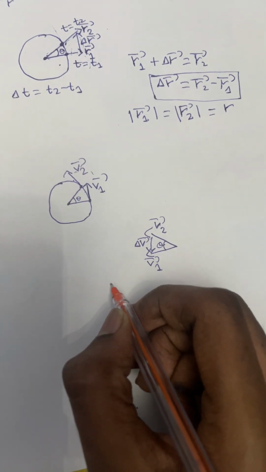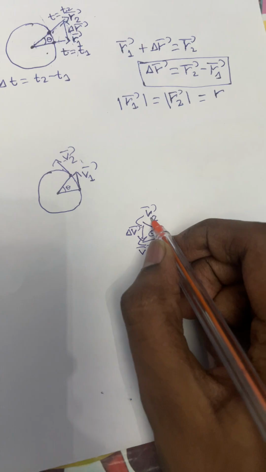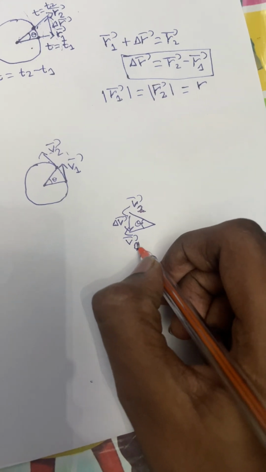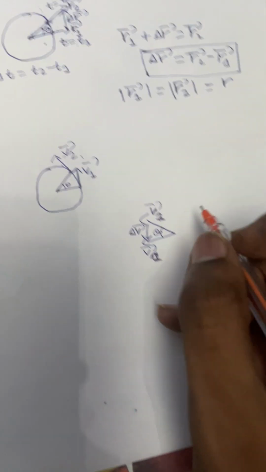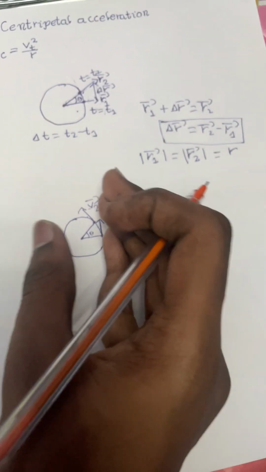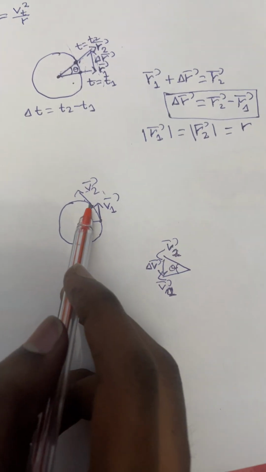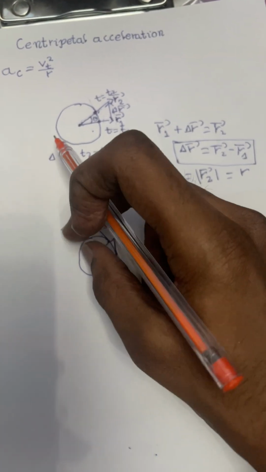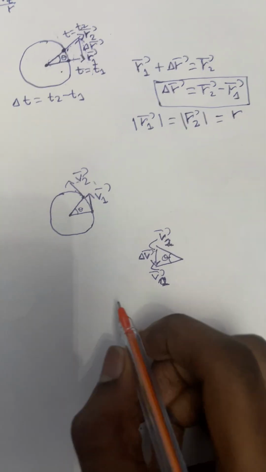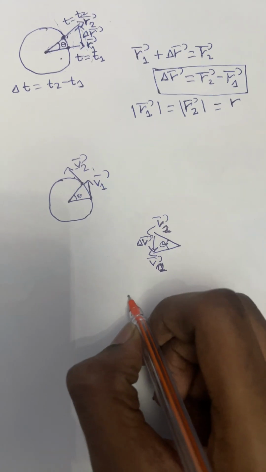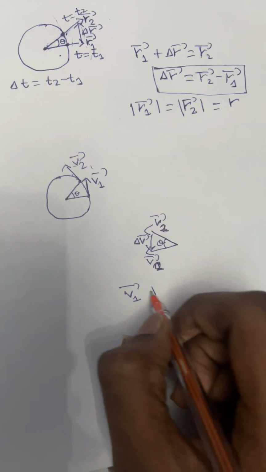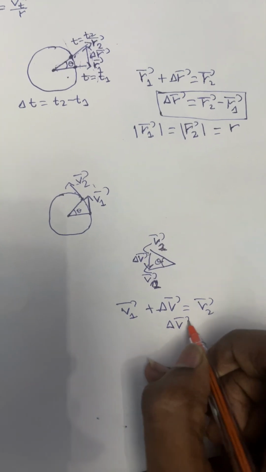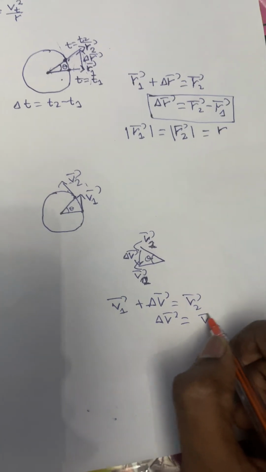Sorry, I made a mistake. v1 bar should be in this direction and v2 bar should be in this direction. Sorry, I mean it is moving clockwise, right? So as it is moving, the velocity vector will move like this, right? Again it is going to change. So v1 bar plus delta v bar equals v2 bar. Similarly, delta v bar equals v2 bar minus v1 bar,